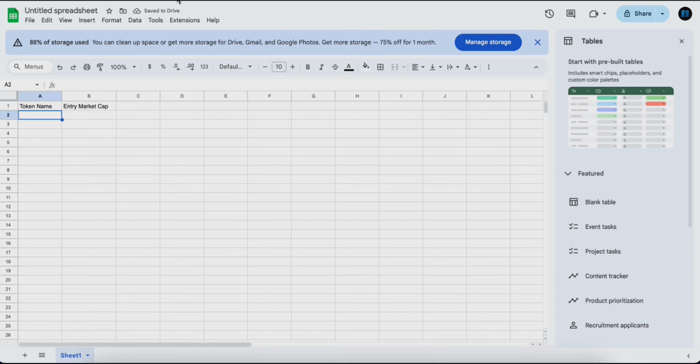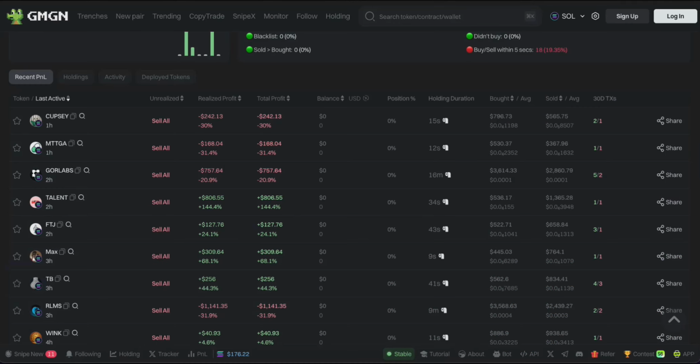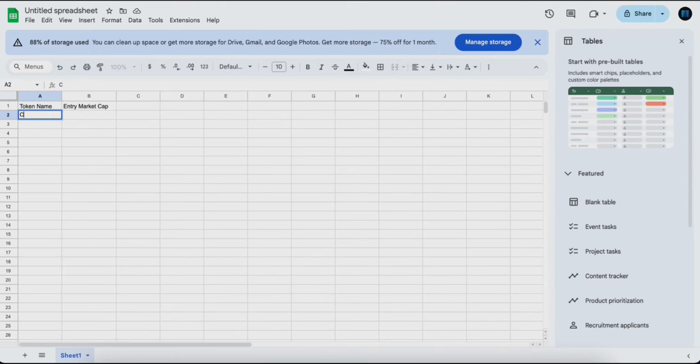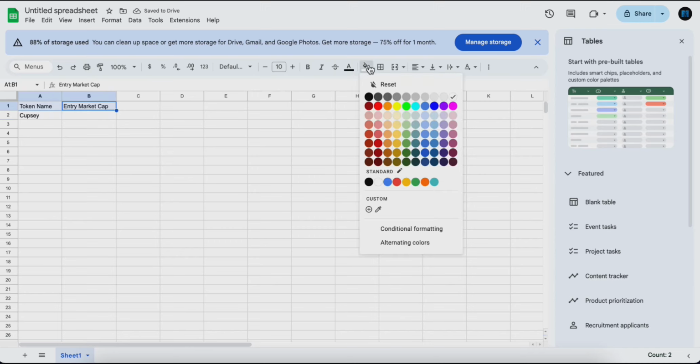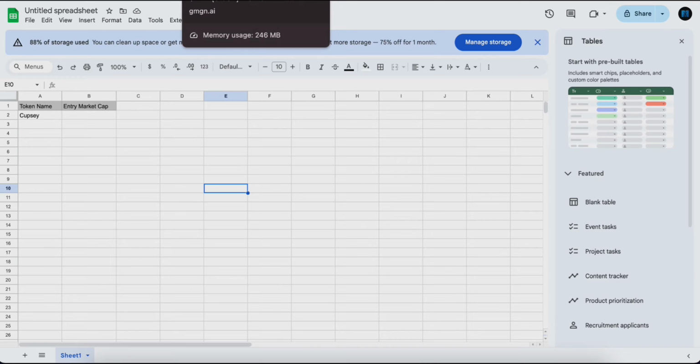Okay, so what you would do is you come in, you find the first token, cup C. Now, as you do this more, you will get faster and faster. And what I do now is I write all of this down on paper as I am doing this, and then I record the data afterwards so I don't have to keep switching between tabs, but you'll find what works